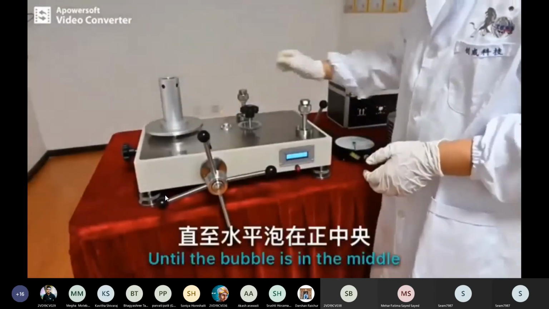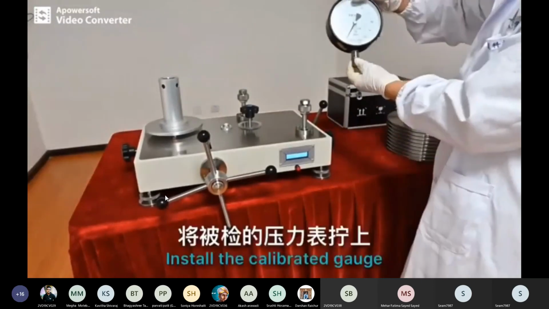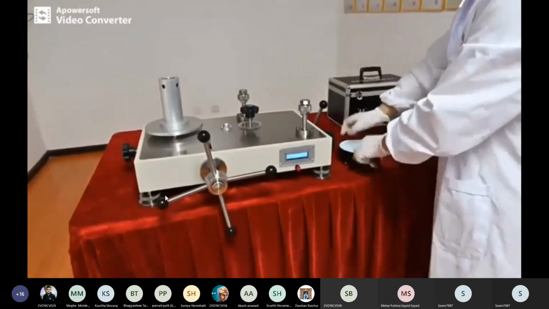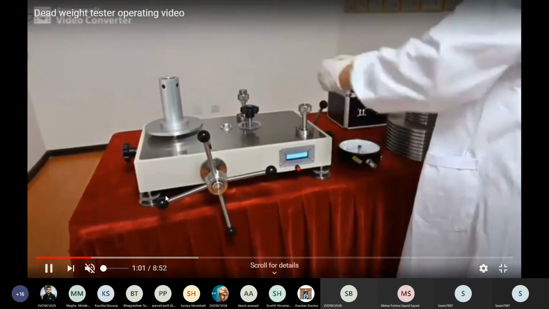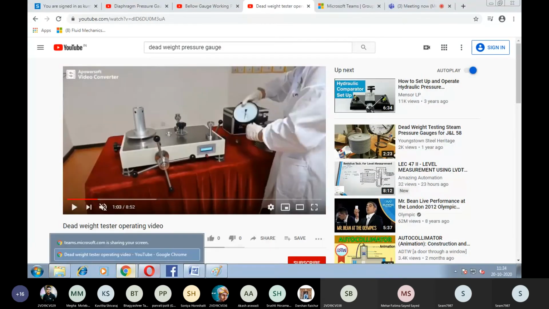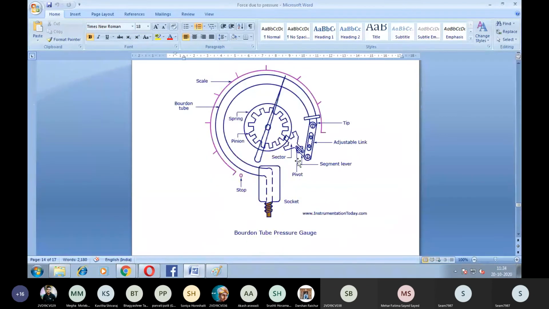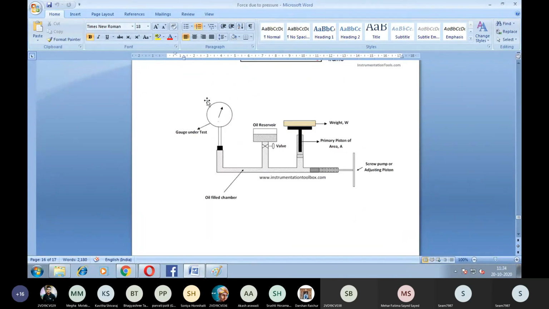Those are nothing but the screws which are adjusted. This is nothing but the gauge which is fixed at the other end. So this is the gauge, and this is the load where you are going to apply the load.